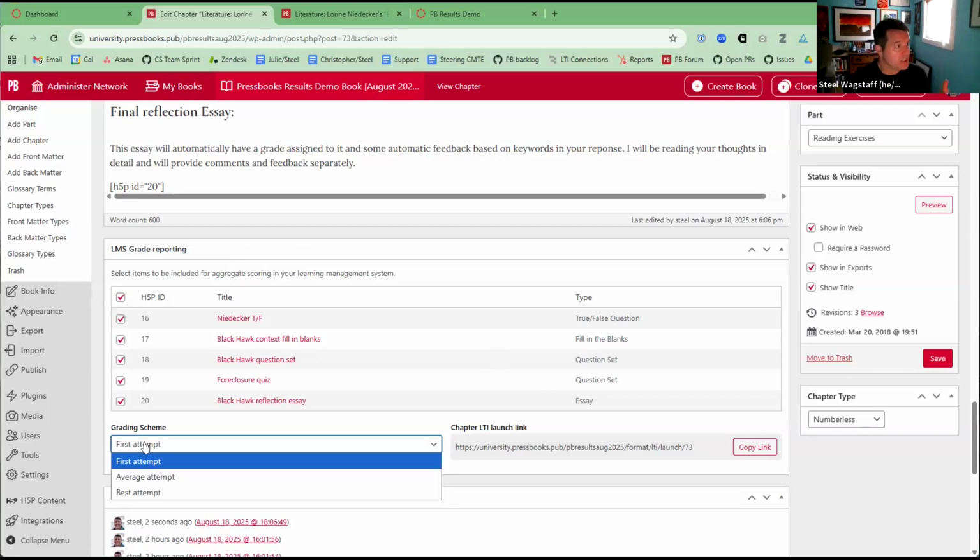We're going to be doing multiple chapters that are going to be graded. And so we want to pick a grading scheme that can be used throughout the book. The first option is called first attempt. First attempt means when a student takes this true-false quiz, the first time they take it, their score will be